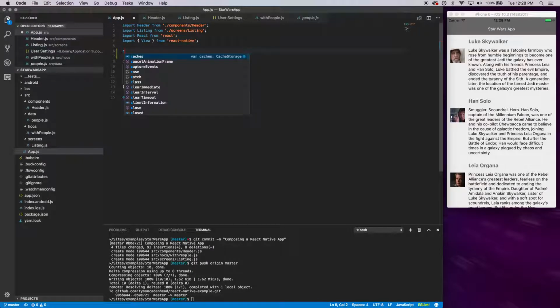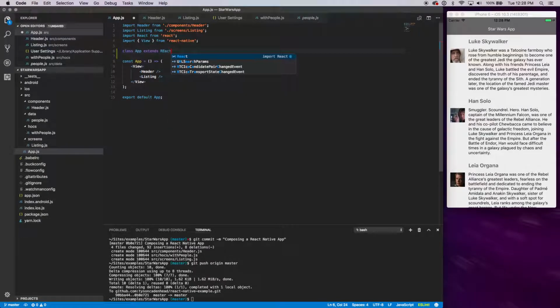And I should say right now there are lots of great navigation components out there, but we're showing building your own navigation just so that you can get a feel for how state management can work in a React Native app. So we're going to say class App extends React.Component,